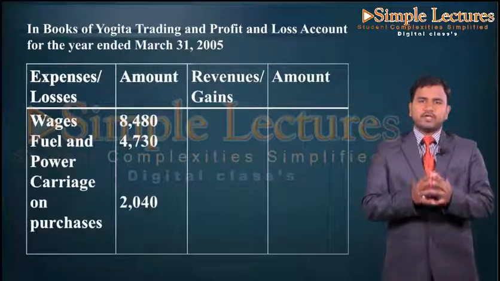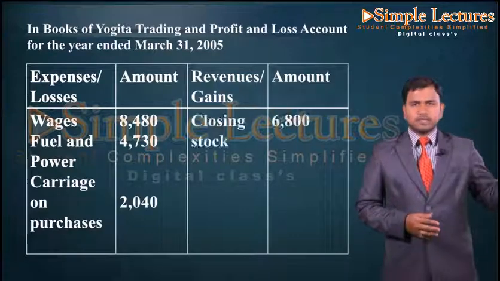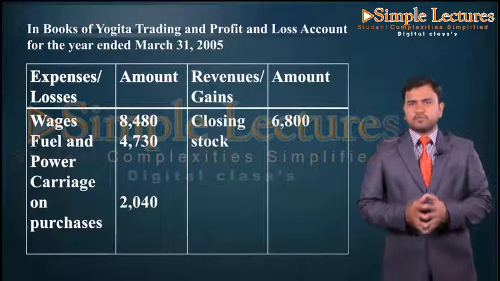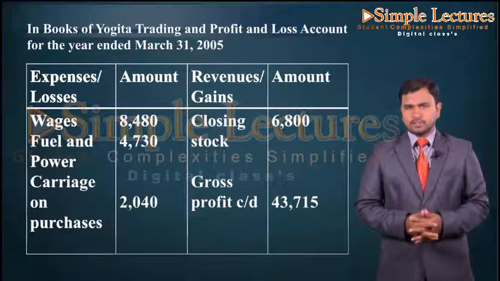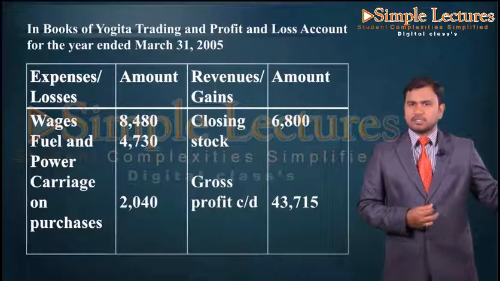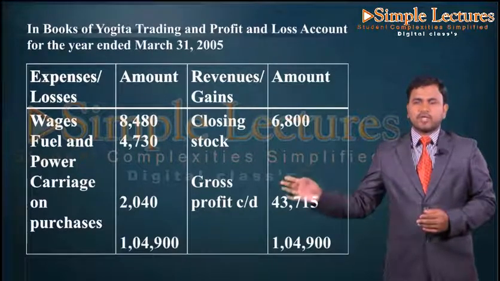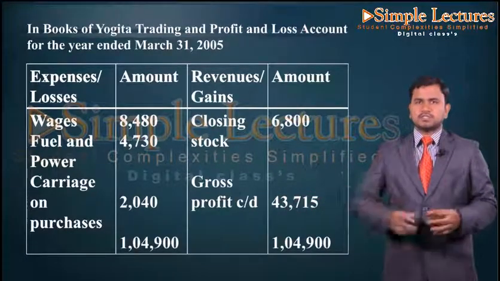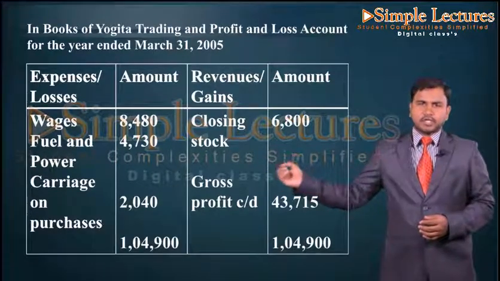98,100. And we have closing stock, which is given in the adjustment, that should be recorded here in the credit side. Closing stock 6,800. After recording the entries, we have to close the trading account, so that we can find out gross profit or gross loss. So when comparing both the side totals, we have excess total in the credit side, which is 1,04,900. Let us record the same in the debit side, 1,04,900 minus the above entries. The difference we have is